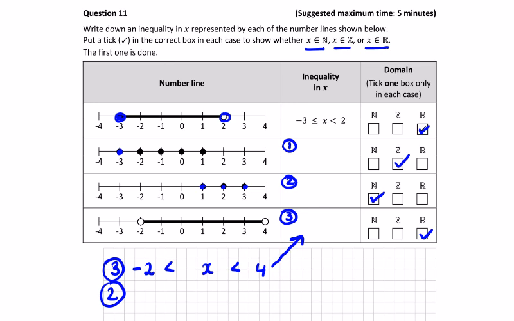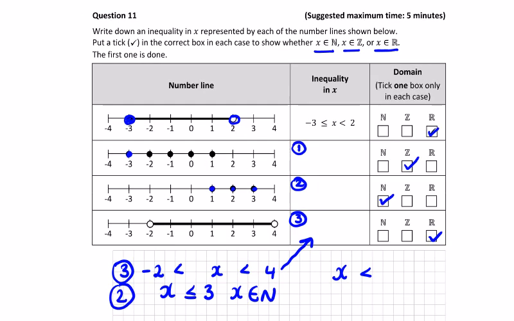I think there's a couple of possible answers here for number 2. X will be less than or equal to 3. That would work, and X is an element of natural numbers, which we've called N. You could also have X less than 4 and greater than, well, 0 or 0.5, maybe 0.5. That would also have numbers 1 to 3 in between,